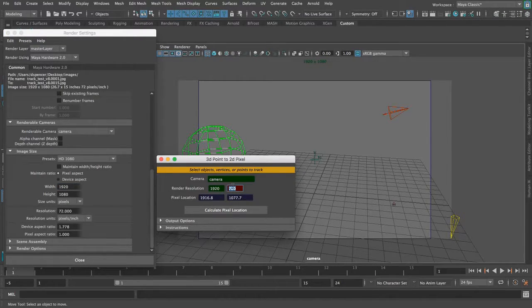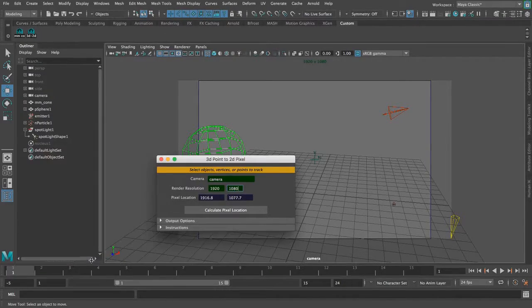It means that any calculation made using mismatching resolution settings will result in an incorrect pixel position of the evaluated object relative to the final output image. So ultimately, these values need to match to get a proper result. Note also that this calculation assumes square pixels, and currently does not accommodate anything other than a pixel aspect ratio of 1. Now I'll close the render settings window since I don't need that anymore, and we can move on